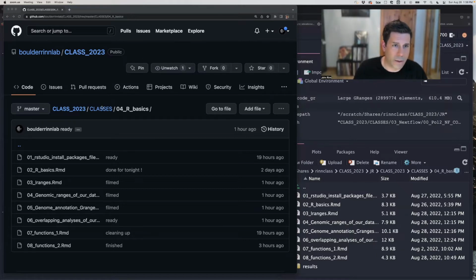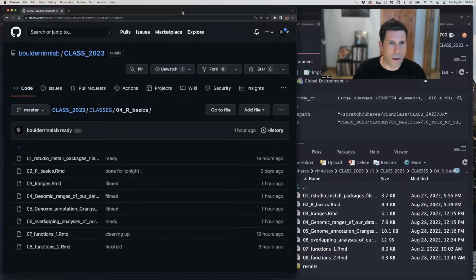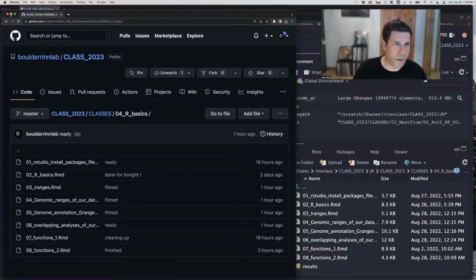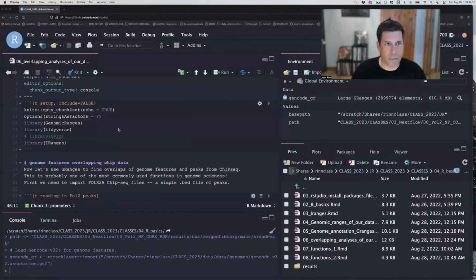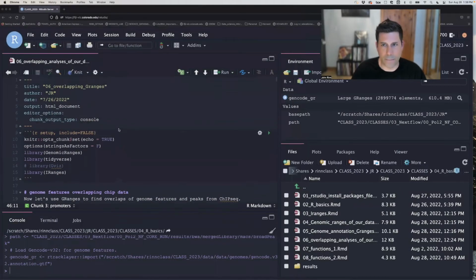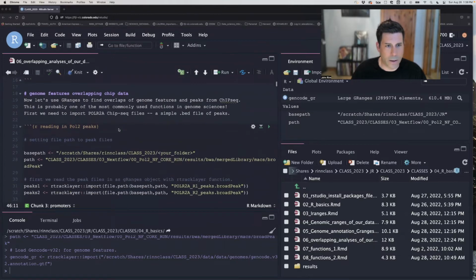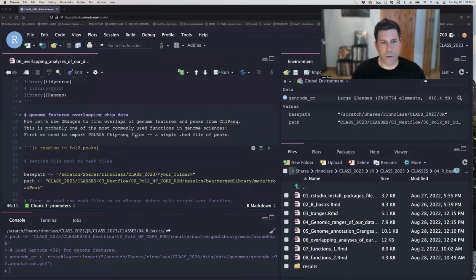And we're at class 2023-04 R Basics, number 6, overlapping analyses of our data. Okay, and I'm going to use the same code here in my RStudio. So what our goal today is to take our peak files and overlap them with promoters, gene bodies, lncRNAs, mRNAs,